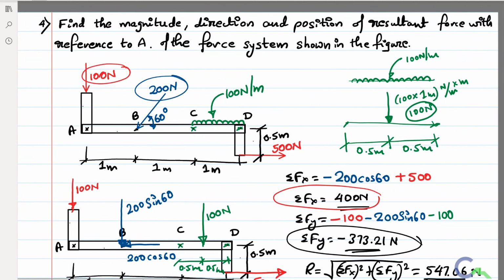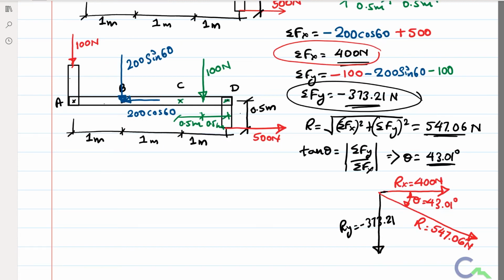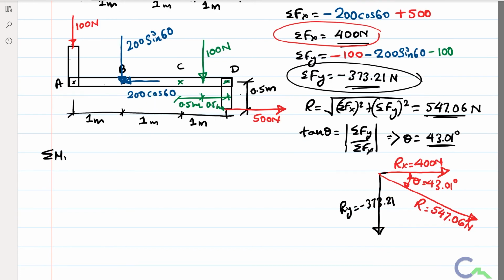After drawing the direction of the resultant, I have to locate this resultant with respect to A, because in the question they clearly mentioned with respect to A, I have to locate the resultant. For that I will make use of this figure. Then I will calculate the moment about A, and by using Varignon's theorem I am going to locate this resultant, that is sigma MA is equal to, if I shift that force 100 Newton in the line of action of force, it is passing through A. Therefore it is not going to rotate point A. Therefore the component from 100 Newton for the moment, that is 0.